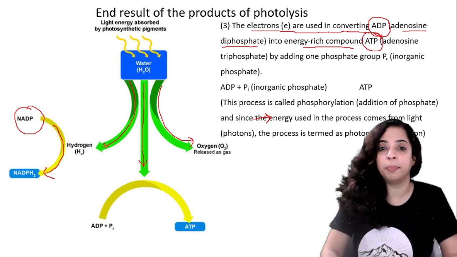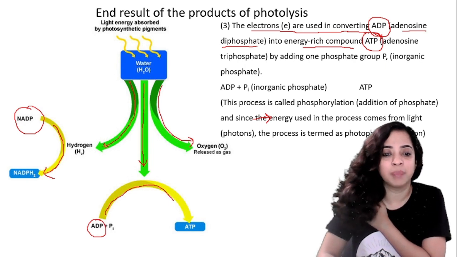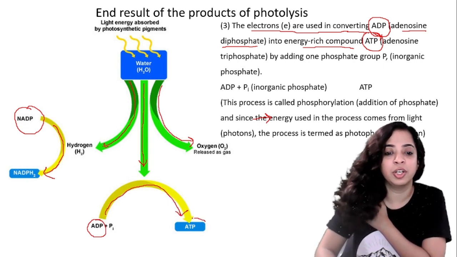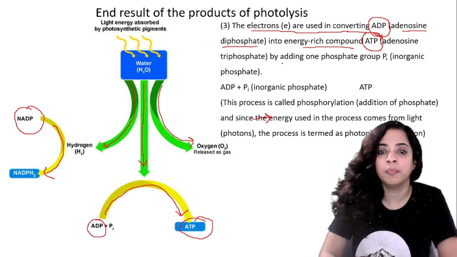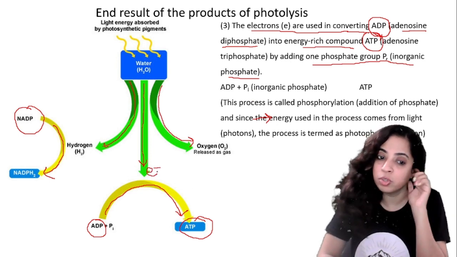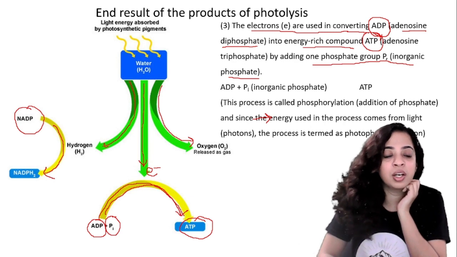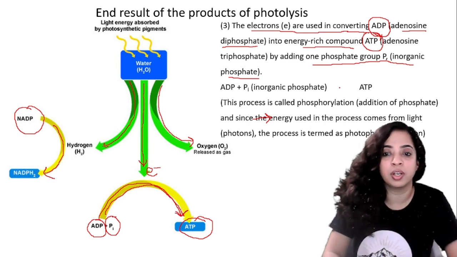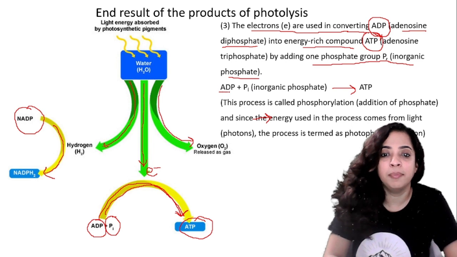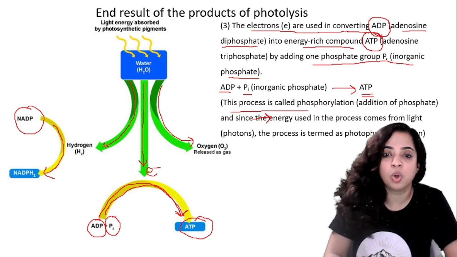We all know ATP. So what happens? ADP, by using this electron, is getting converted into ATP, by adding one phosphate group, that is inorganic phosphate. So this electron is used, this addition of phosphate happens, and adenosine diphosphate converts into adenosine triphosphate. Like this, ADP plus inorganic phosphate forms ATP, and the electrons are used in doing this. So this process is called